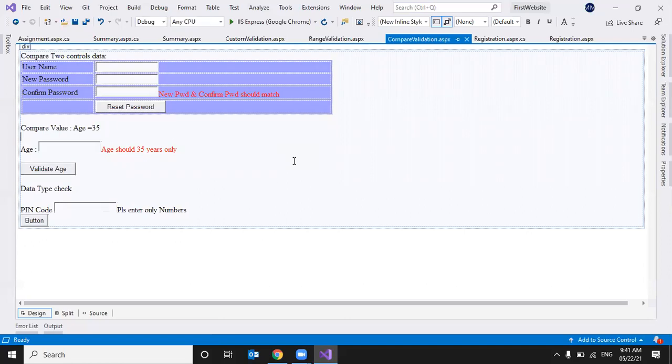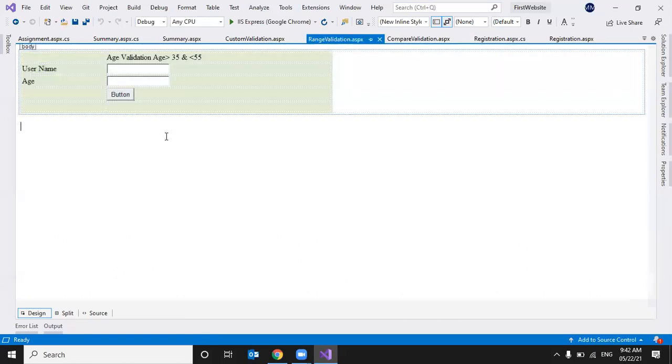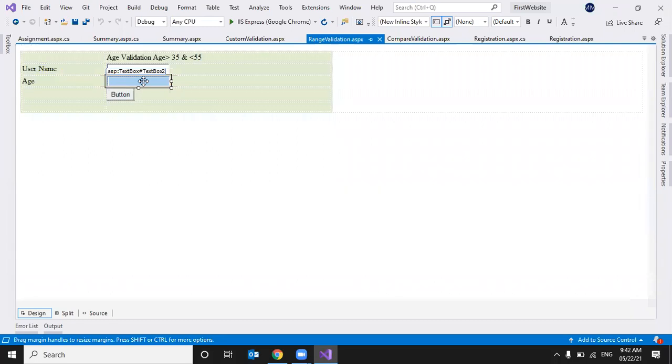Next, range validation. Range validator is used to check whether the user entered data is within the given range or not. Let's take an example: I want to accept age greater than 35 and less than 55.